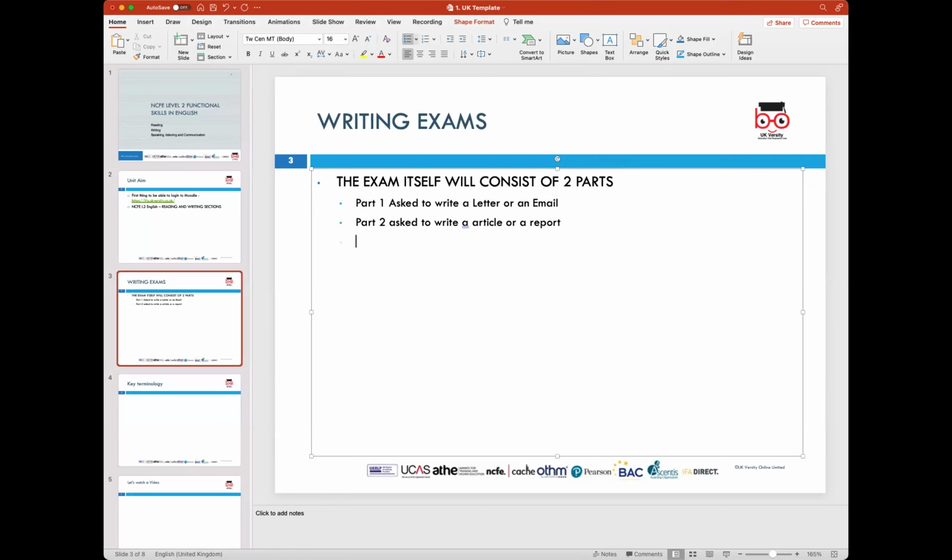Now, it is very important for us to understand that these are the only two parts, and each of these parts carries 22 marks in total. I am going to try and show you a sample test paper as well. Because what you have to keep in mind is that it is a writing exam, so you have to take care of